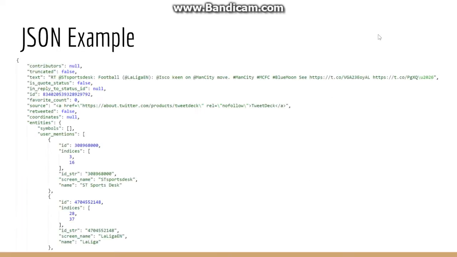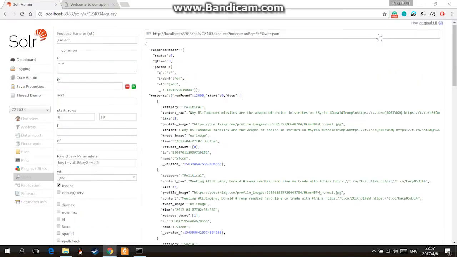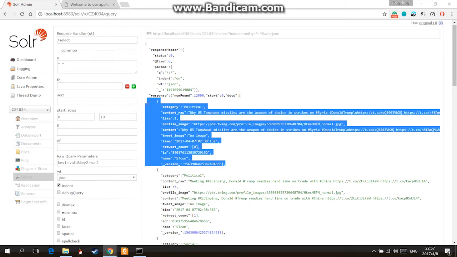For crawling, we first crawl JSON format data from the Twitter API. The screenshot here shows the raw JSON data of one tweet retrieved from Twitter. Since we do not need all fields, we perform some basic preprocessing to retrieve certain columns we need. These are tweet data stored in Solr. Each tweet will just have a few columns such as content and name of news resource, number of likes, and